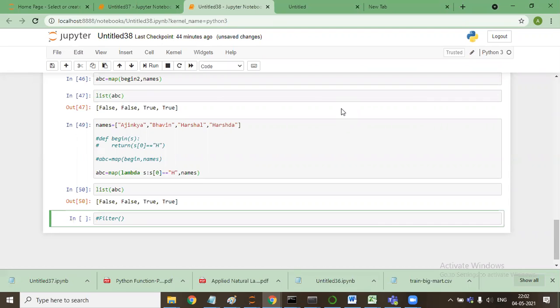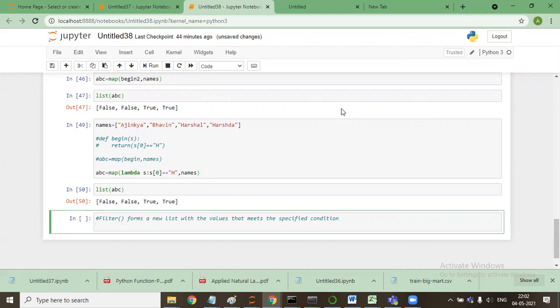The only difference is filter forms a new list with the values that meet the specified condition, the way that we have just seen in Excel.